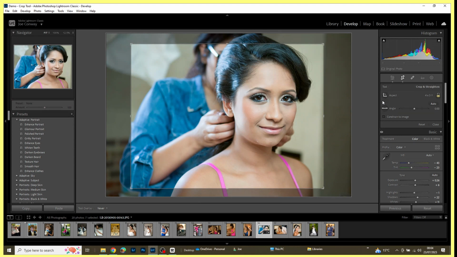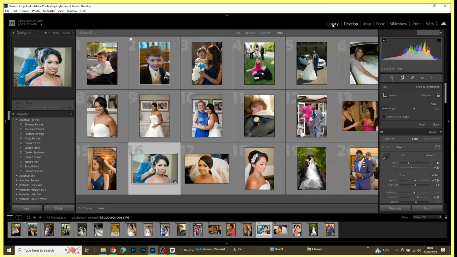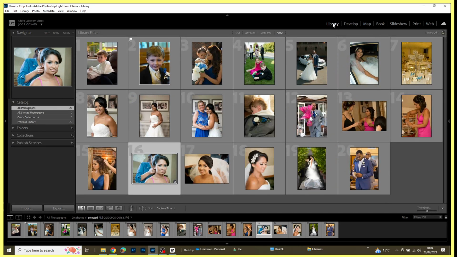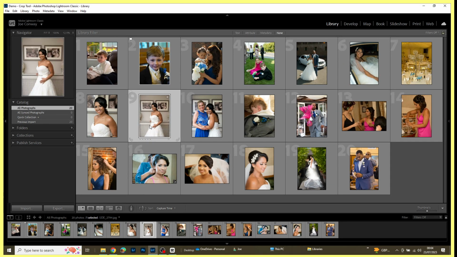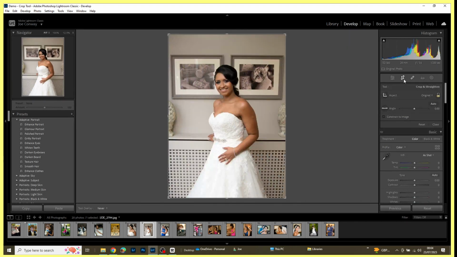Okay, so before we look at the straightening tool or tools, I think we've got at least 4 ways of doing this. Let's first of all reset the image. I'm going to go back to the library and select a different image, which hopefully we can use to show us the straightening tool. So we'll go back to develop, click on. Okay, so we've got this